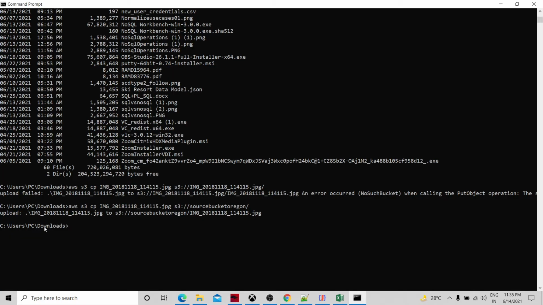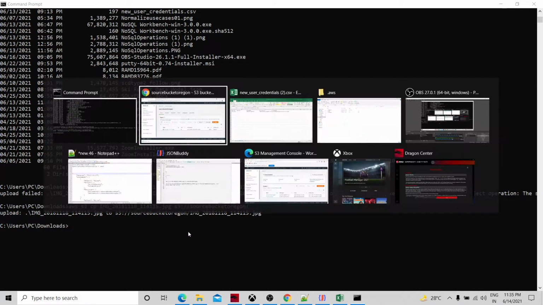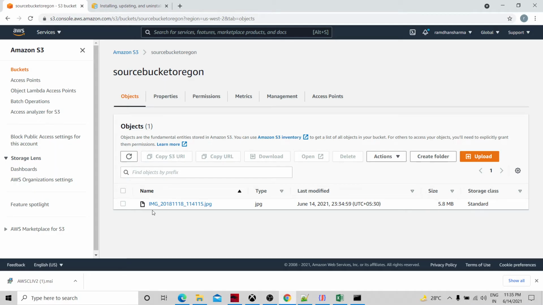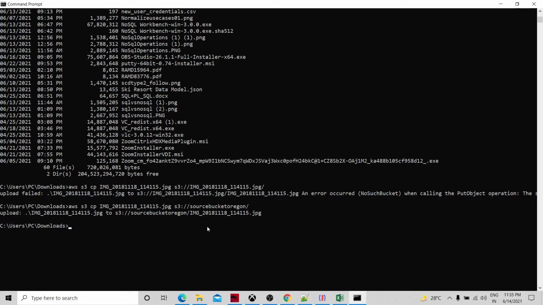The upload is completed and my file has come. The same file, img 114.115.jpg. So this is how simple it is. However big a file is, you can upload it from your local computer to the S3 bucket.